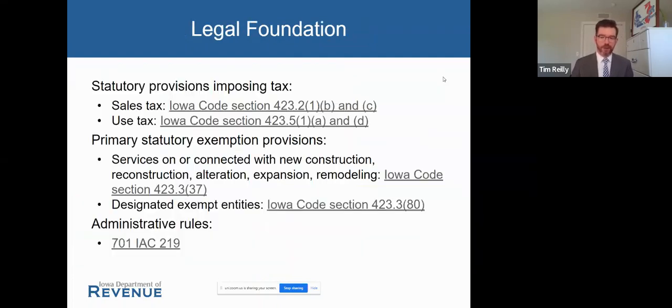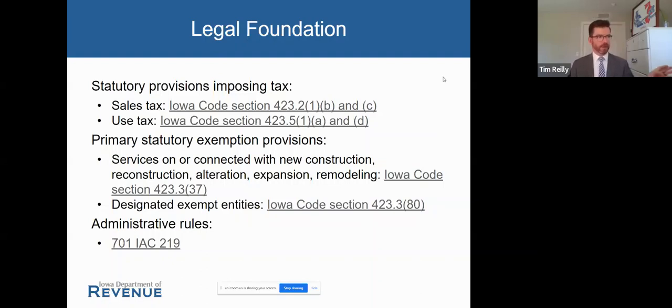For those who are familiar with this presentation, I've made a couple of adjustments to the format, mostly trying to emphasize the legal basis for most of the statements. And if you are interested in reading the statutes or the administrative rules, these are all live links. So if and when you access the slides, feel free to click through all these links here, and they'll point you to where you need to be.